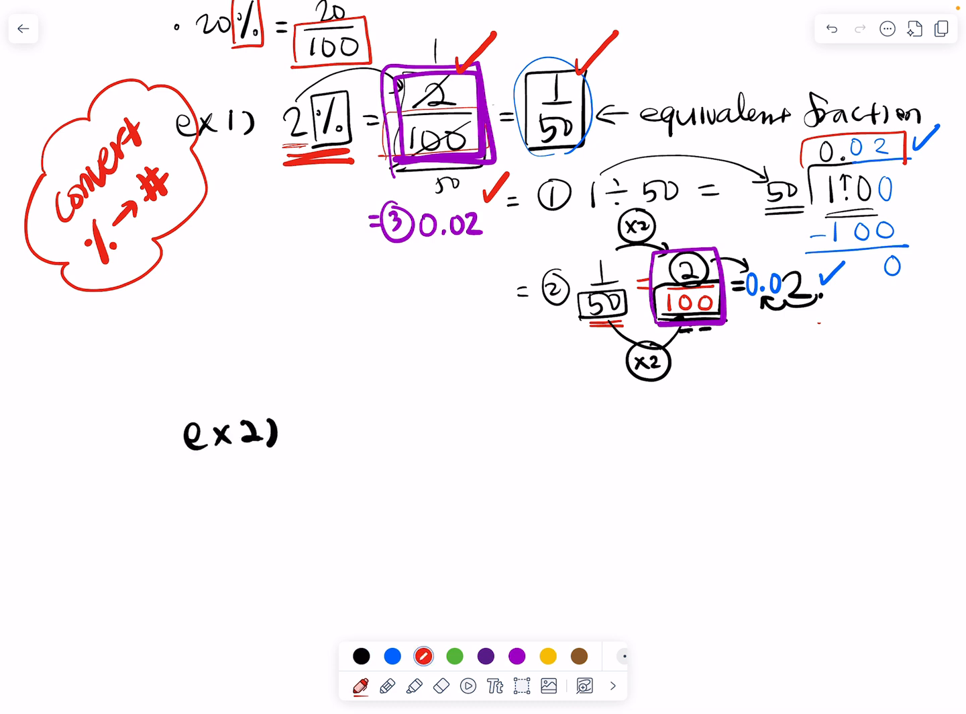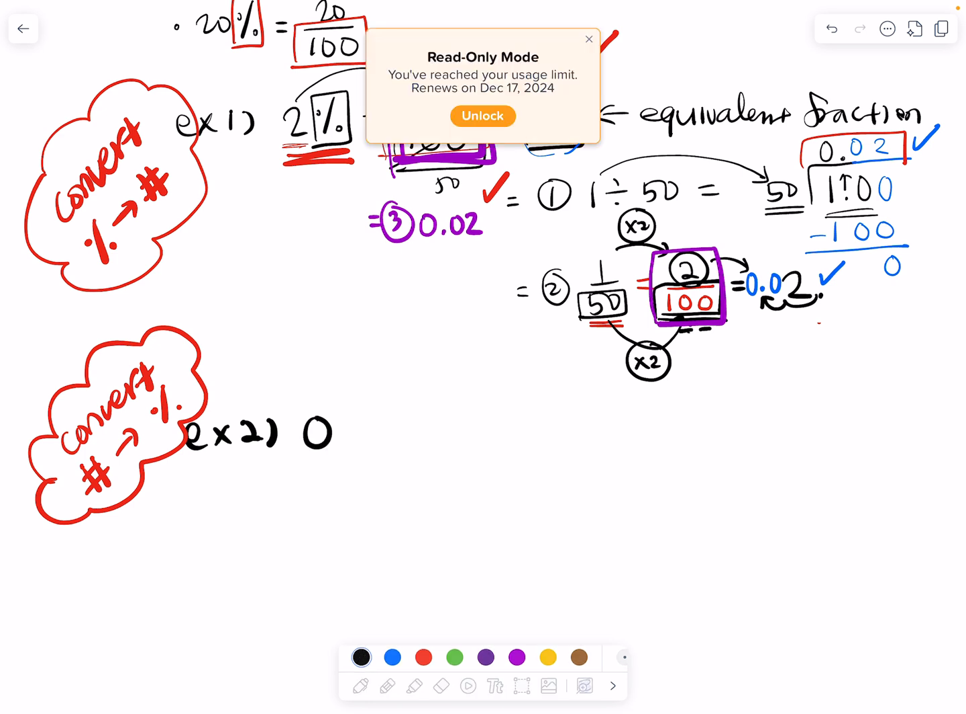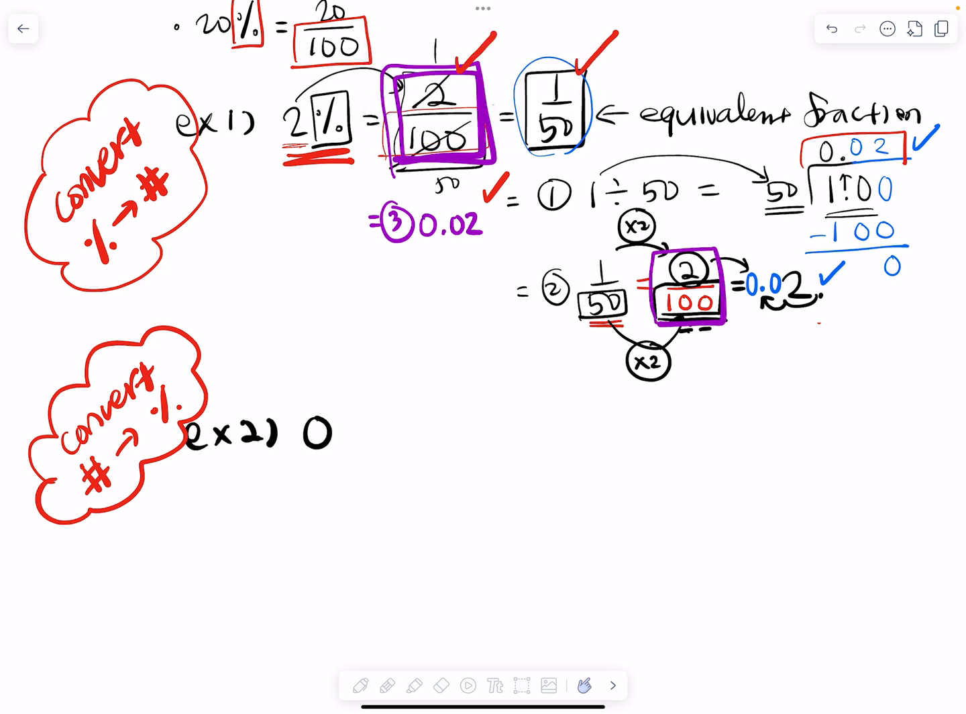ready? Now I'm going to show you, as we talked about it in class as well, let's convert a number to a percent. Number to a percent. Okay, so let me grab an example from your book. 0.0